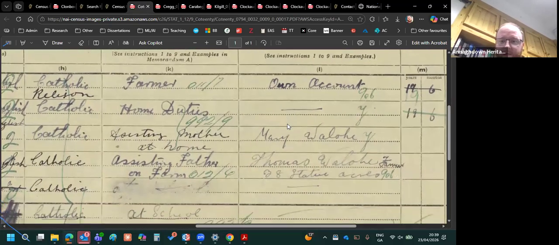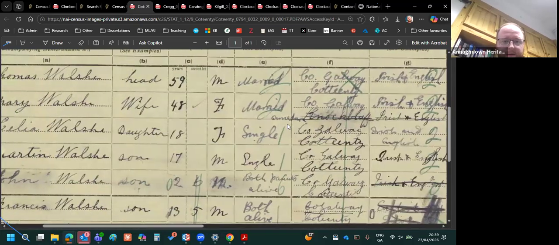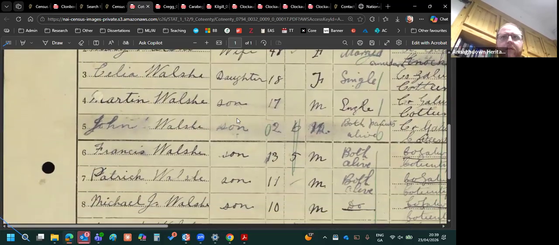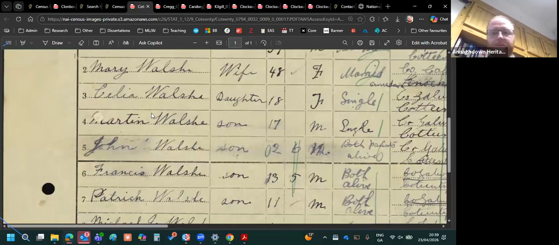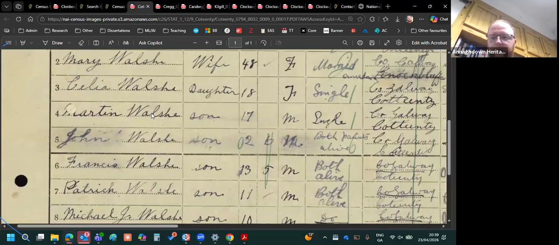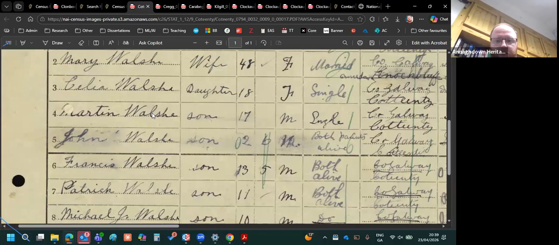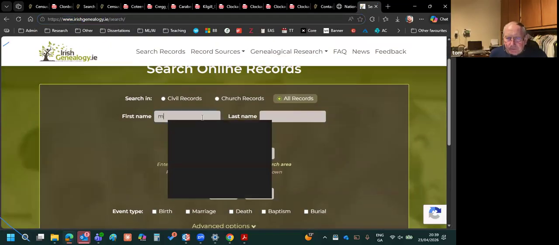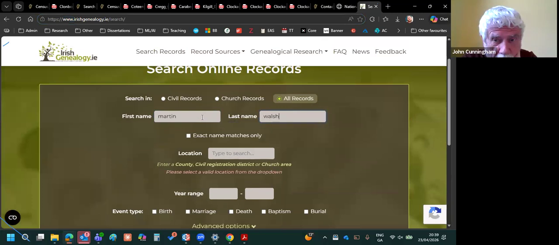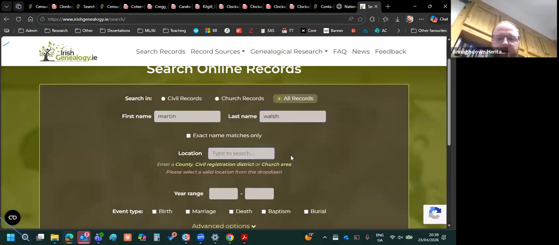Okay. And it lists the rest of the family. See, Martin is your grandfather? Yes. Okay. So it says Martin was aged 17. So do you want to go and find his birth record then? If he's 17, what year does that mean he was born? 1909. Okay, so we'll go a year either side.